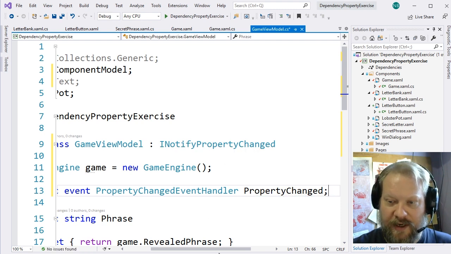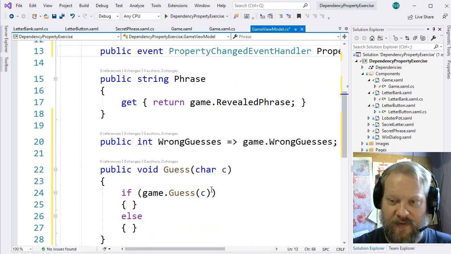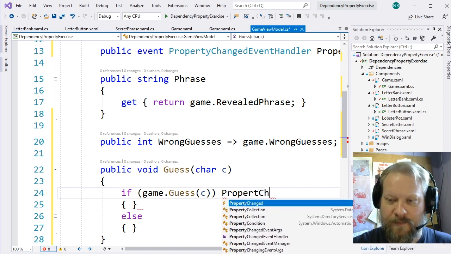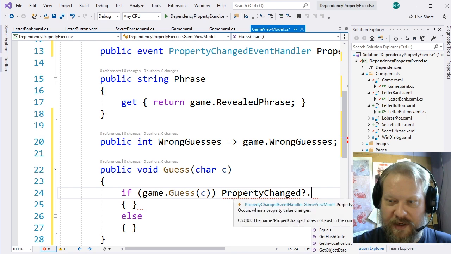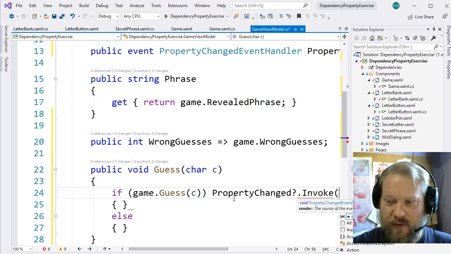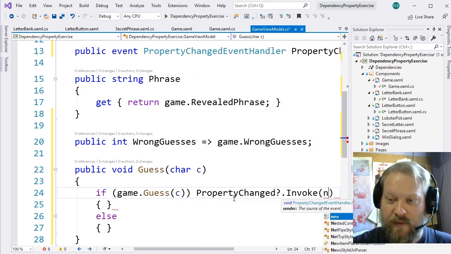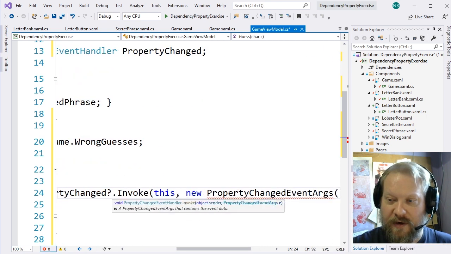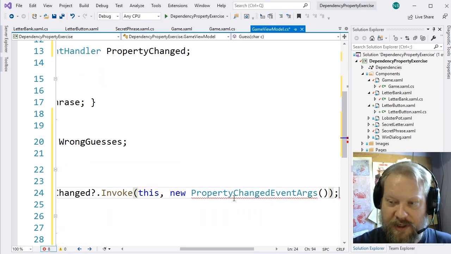And we'll just declare that as a regular old event, vanilla event. And then down in here, if that's true, what we really want to do is invoke that property changed event, if there's anything attached, and we'll invoke it with a this and a new PropertyChangedEventArgs, and the property that is changing,